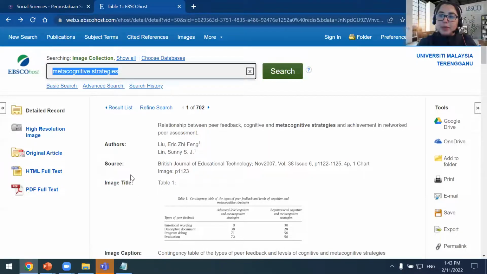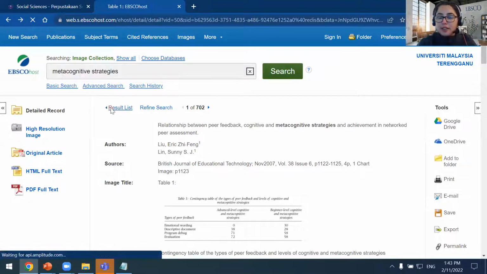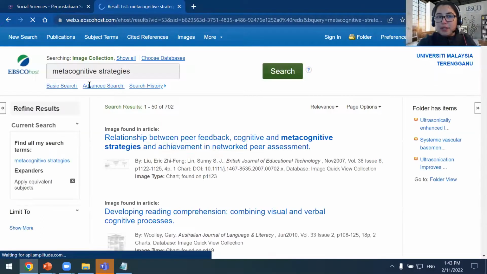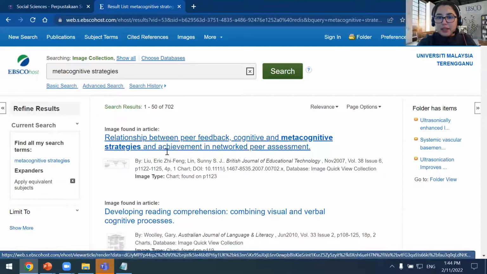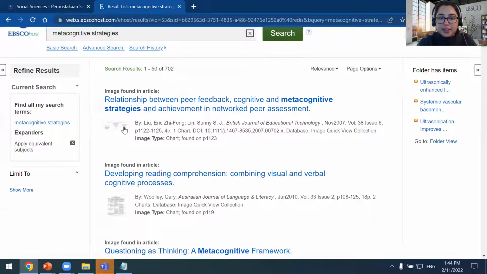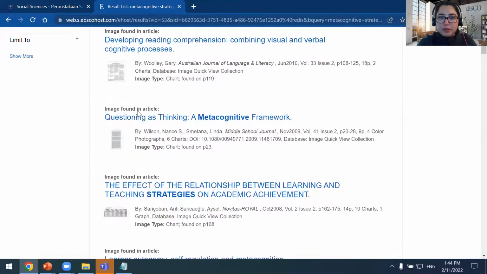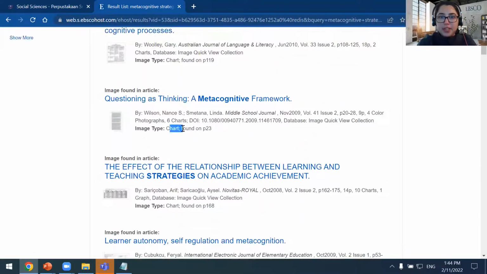So image could be a diagram, it could be a table, it could be a map. So it just depends on what keywords you're searching, and different things will come up depending on what's available. So in this particular example, metacognitive strategies, I've got things like tables available here. This one's a chart. So you can see in the results if it's a chart or a table.